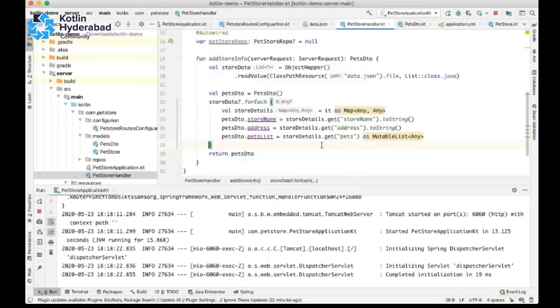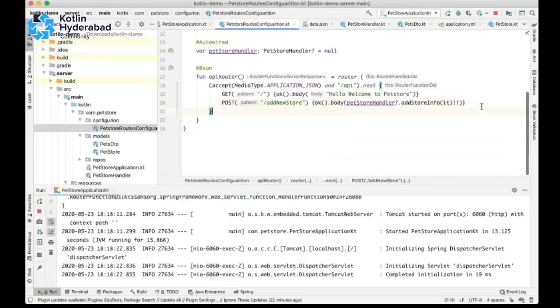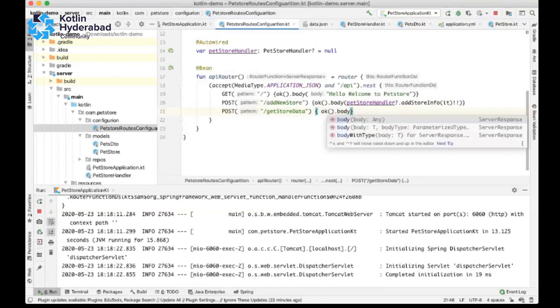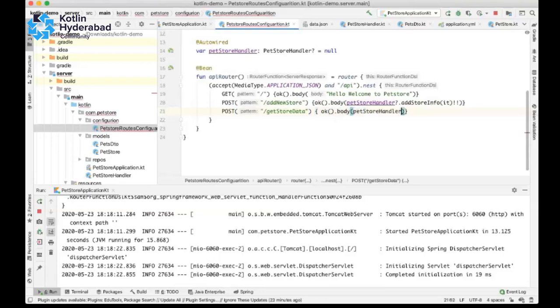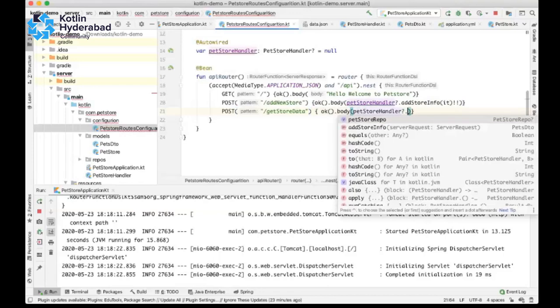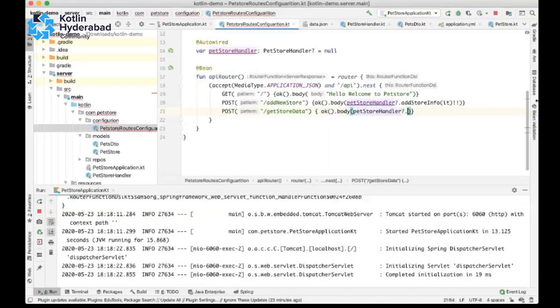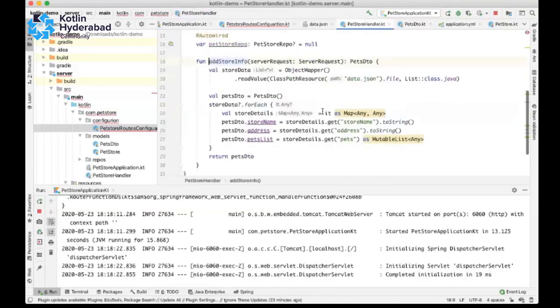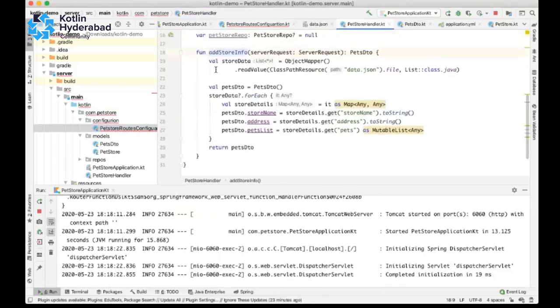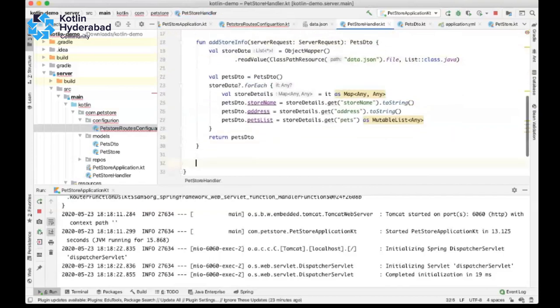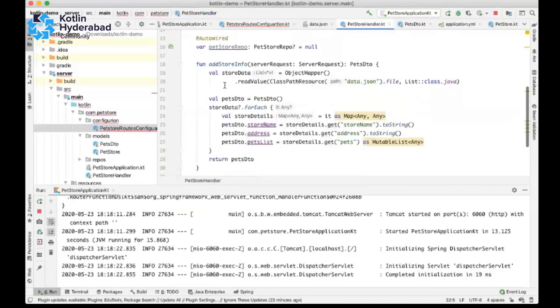Okay, sorry, I didn't add that. Oh, okay. I made a mistake. I added it in the add store info itself.